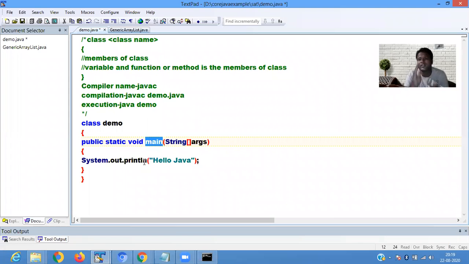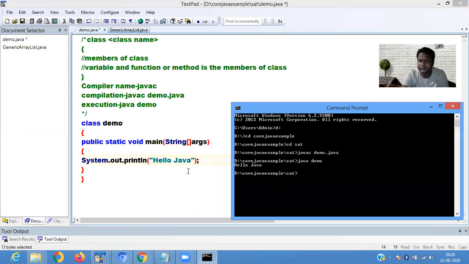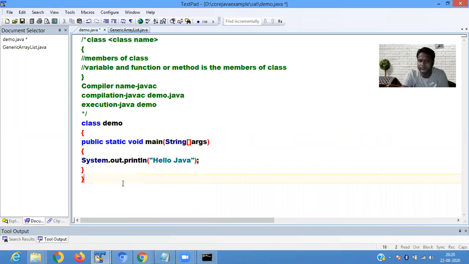The cursor does not move to the next line. That is the description of this program. Whatever you mention in double quotation marks in println is displayed on the screen, that is hello Java.